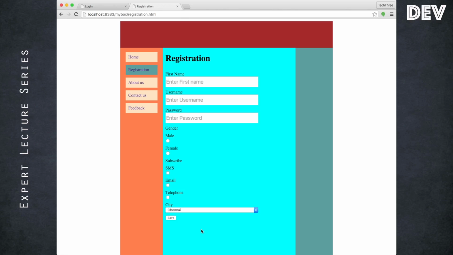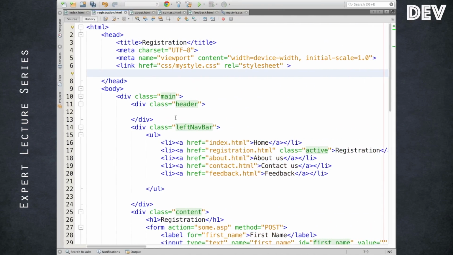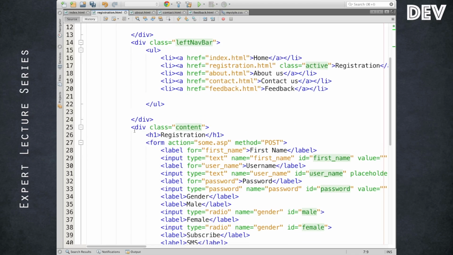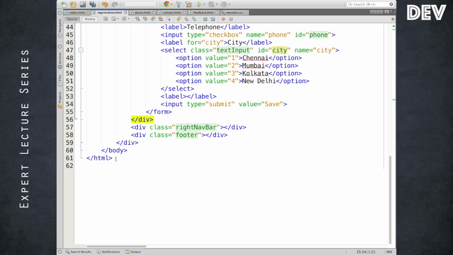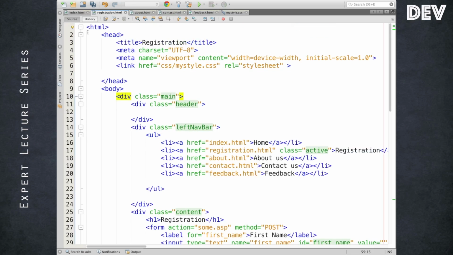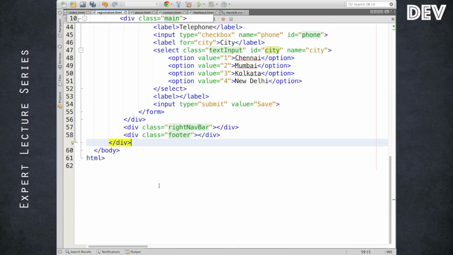That is very important, because JavaScript is used for manipulating the DOM. If such a DOM does not exist, there is no use for the JavaScript part. So how does the DOM propagation happen? Of course, from top to bottom. Assuming the content DOM will be loaded after the left navigation bar is loaded, there should be a hierarchy. When it encounters the final div or main div, assuming the entire child of the main div is loaded, it's something like loading happening from top to bottom, it propagates till the end.